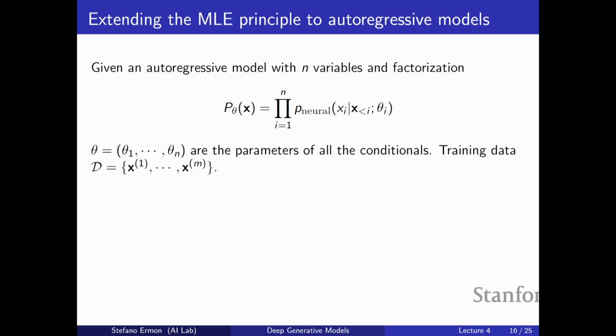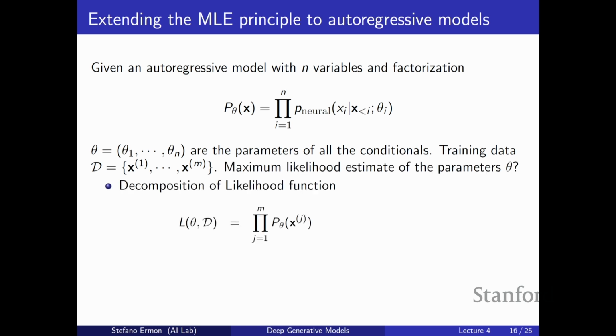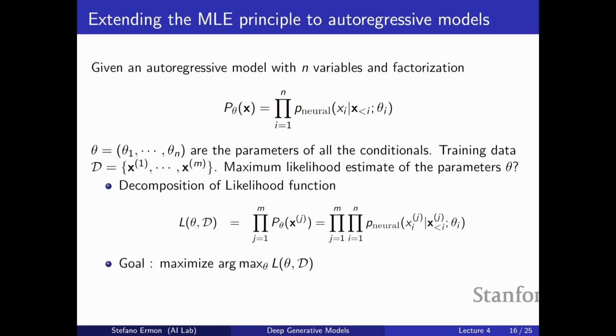And how to evaluate the probability of a data set? Well, the probability of the data set is just the product of the probabilities of the individual data points. And the individual data points are just obtained through chain rule. And so, again, it's all pretty simple. If you want to maximize the probability of observing the data set that you have access to, you can also take a log, and you can maximize the log likelihood. And you get an expression where you can turn the log of a product into a sum of logs,